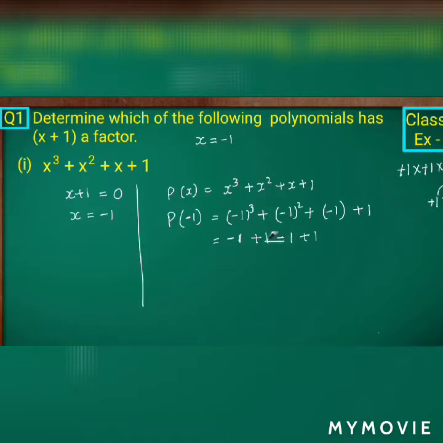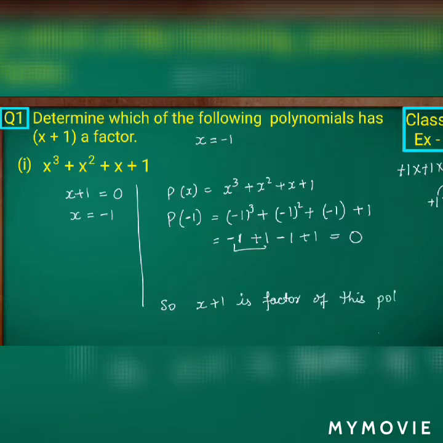So here directly we can cancel the terms, or else we can add the digits with the positive sign. Are you getting? Okay. So here minus 1 plus 1 will get cancelled. Again minus 1 plus 1 will get cancelled. What else will remain? 0. So we got 0, isn't it? So as I told before, if the solution is 0, then the given g of x will be a factor of p of x. So x plus 1 is a factor of this polynomial.